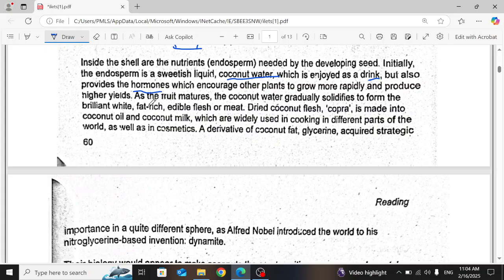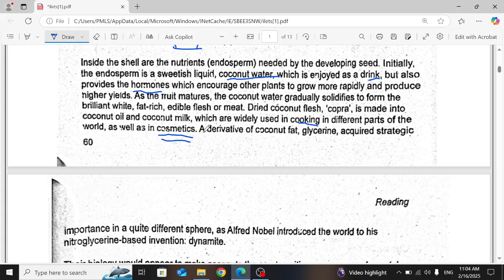Let's see. As the fruit matures, the coconut water gradually solidifies to form the brilliant white, fat-rich edible flesh or meat. Dried coconut flesh, copra, is made into coconut oil and coconut milk, which are widely used in cooking in different parts of the world as well as cosmetics. So coconut oil is used in cooking and coconut milk in cosmetics. So cosmetics is the answer to